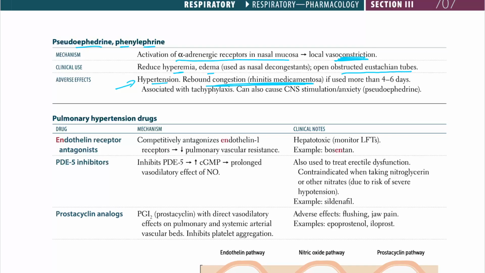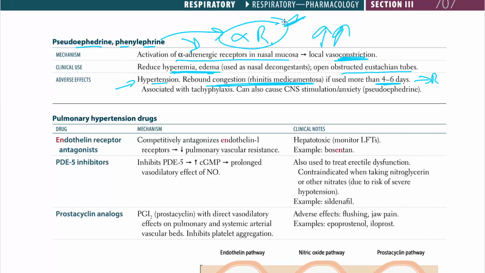What is that? If you use these drugs for more than 4 to 6 days, you will have rebound congestion. What is rebound congestion again? You will again have the runny nose and hyperemia with everything. And why did that happen? Because you use these drugs, and when you are giving them for 4 to 5 days, they have blocked all the alpha receptors, and no matter how much drug you're giving, because of